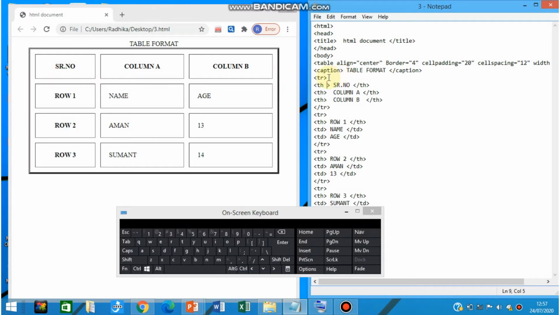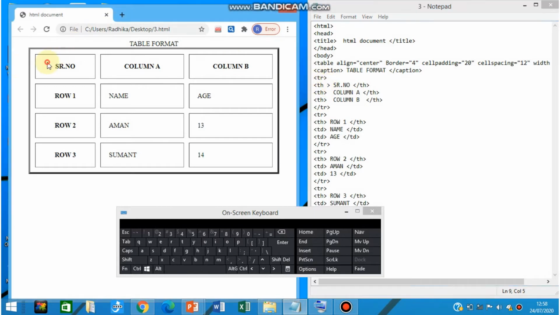Okay, move towards the data where you have written the content of the first row. That is, we will write the data of the row inside the table row tag. Okay, inside the table row tag, first row now you have written. Okay, you have moved towards the first row.